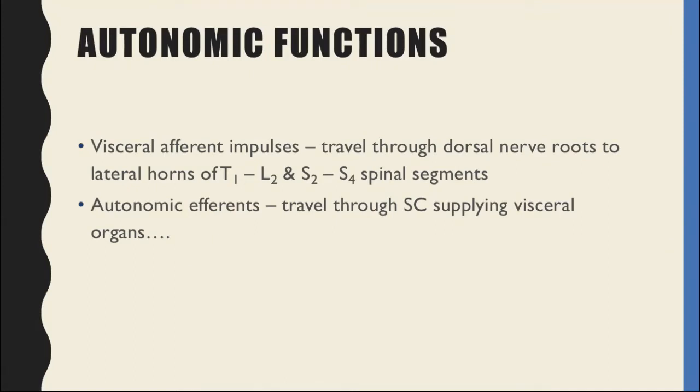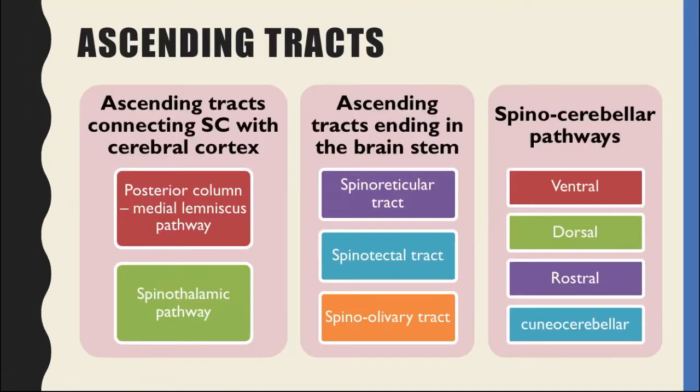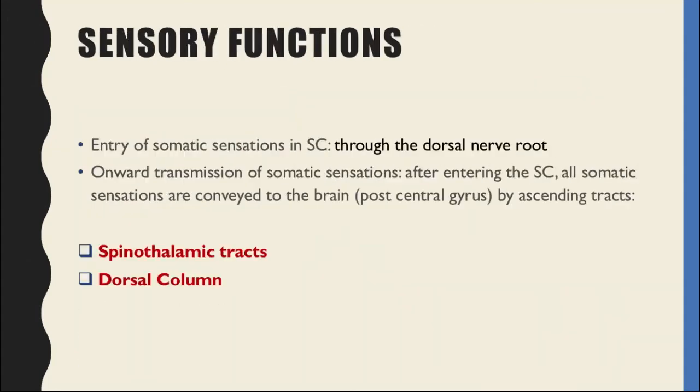So, one by one we will cover all these three groups of functions: the sensory, motor, and then autonomic. First, sensory. If you look back at this slide, mainly the sensory has two tracts, the spinothalamic tract and the dorsal column tract. Spinothalamic should be called ventrolateral spinothalamic or anterolateral, because the spinothalamic